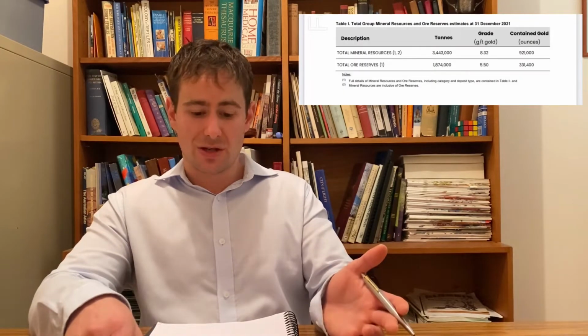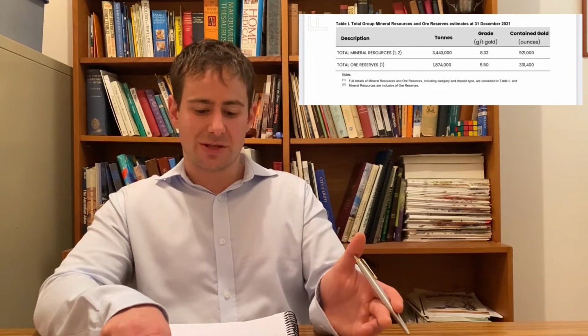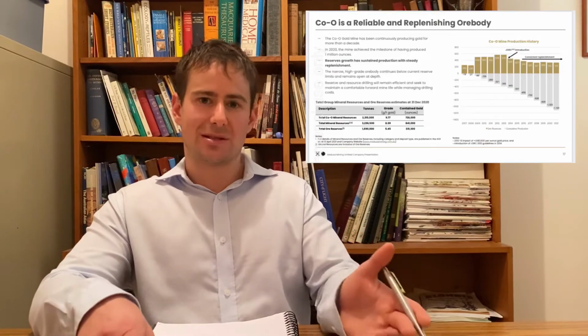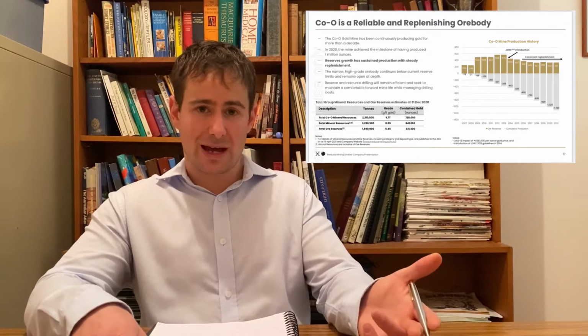So this company is well supported by its cash balance and its earnings. They have 330 kilo ounces of gold in reserve at a grade of 5.5 grams per ton. So that's very good. They still have lots of reserves here. And the thing that you'll notice about this company is it keeps replenishing its reserves over time, and they probably will continue to do that. So should the gold prices remain high, they're going to continue to generate a lot of profit for the next few years, in which case they're substantially undervalued at the moment, and they are returning capital back to shareholders through